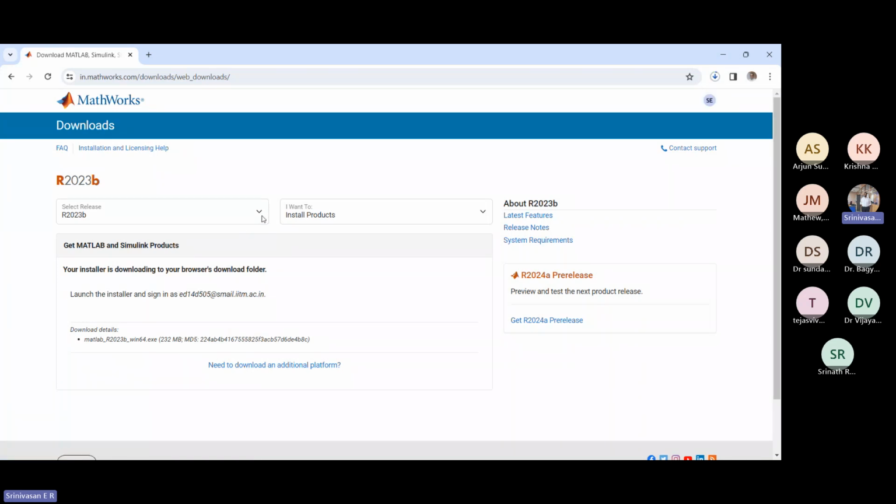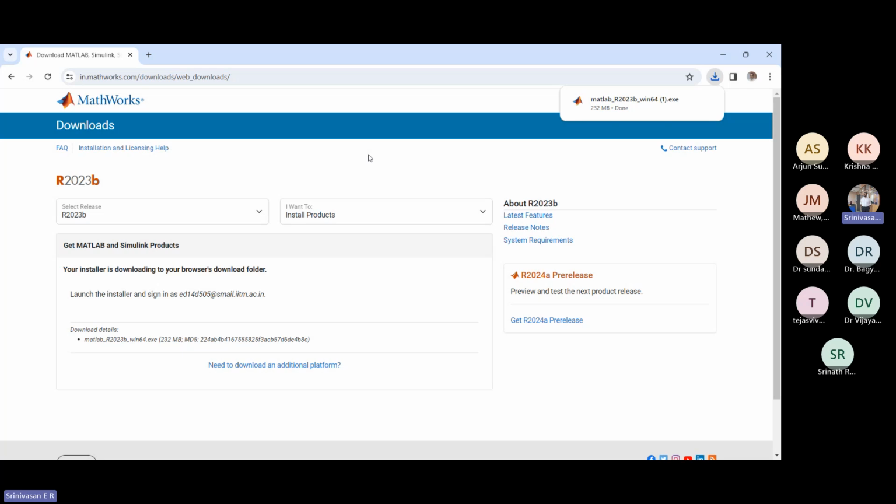And there are various releases of MATLAB. We can choose any release that we want, but it is always better to have the latest release installed in our system, because MATLAB comes with an array of very interesting toolboxes which get updated from time to time. So it is always good to have the latest version, and MATLAB usually updates the software at a half-yearly frequency.